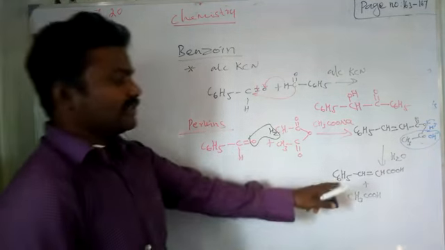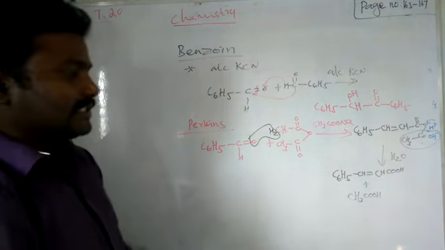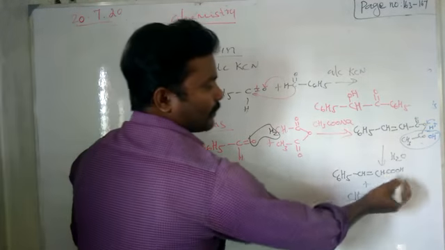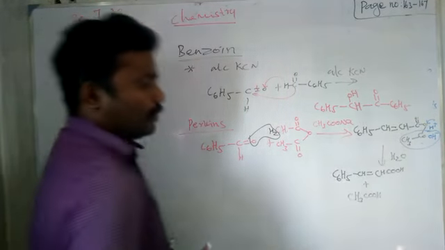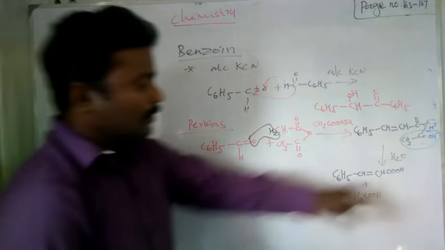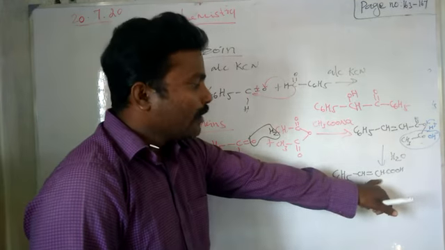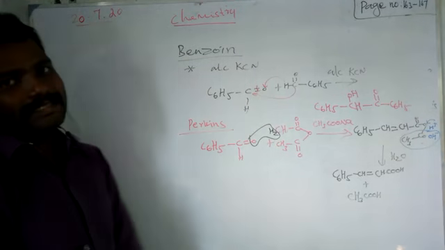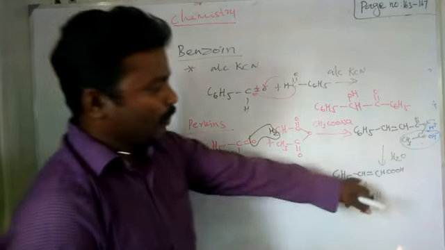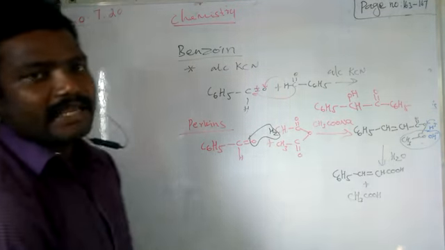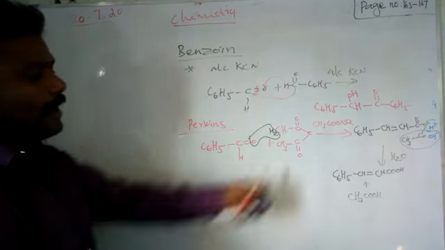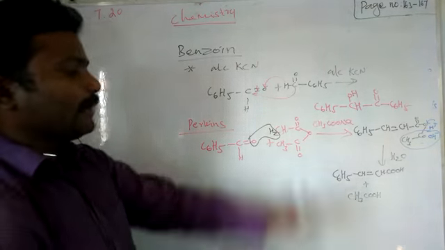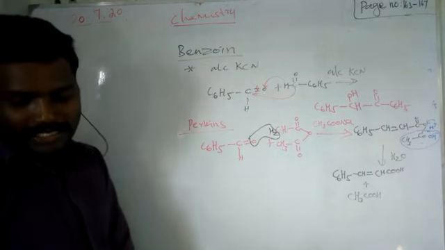Okay, what's the name of this compound? Cinnamic acid, that is the special name. Otherwise you can call it, numbering 1, 2, 3, 3-phenyl prop-2-en-1-oic acid. So 3-phenyl prop-2-enoic acid, because the double bond also you have to mention. Simply you can call it cinnamic acid.